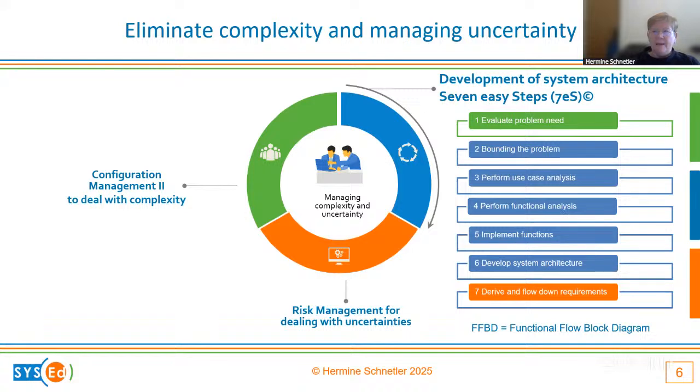And again, that is 7 steps I believe strongly in, that determines everything. And for example, maybe a point to mention here, once you've developed your system architecture and you start building your product tree or product breakdown structure, whichever term you want to use, if you lay it out so that it runs from left to right, and as you go, you get smaller and smaller blocks, and you go as far as where you can either make or buy components or modules or whatever you want to call it.